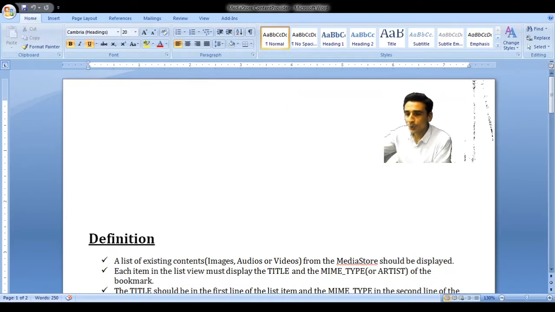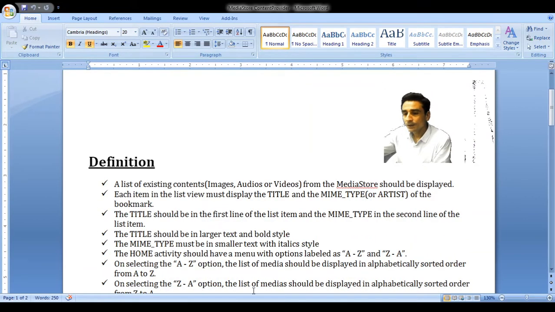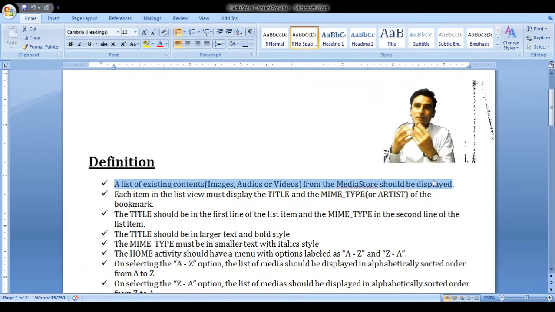Media Store Content Provider. In this session we will be implementing a small application of content provider, in which we will see, this is the definition given, a list of existing contents from the media store. See, media store means what?